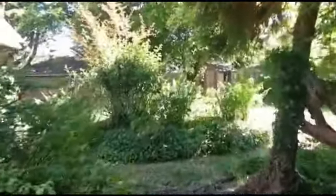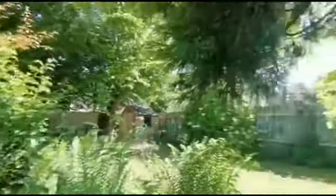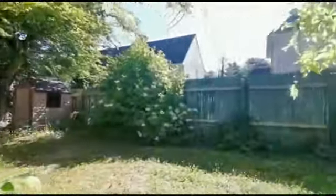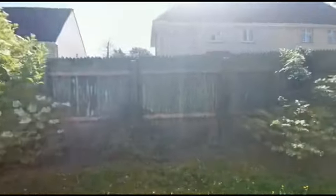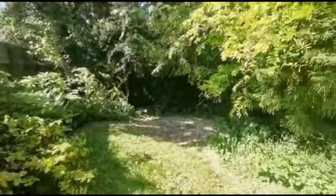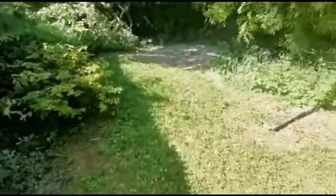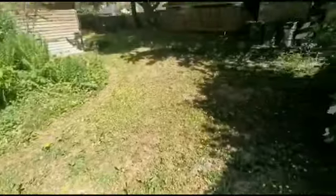So it's really fun, gardener's delight, or if it's going to be a house of children, I'm sure they will be begging any parents to build a tree house or a little fairy area. So the gardens, as I say, wrapping around. So you've got another little secret area around here with mature foliage and the deep borders, and then we wrap all the way around